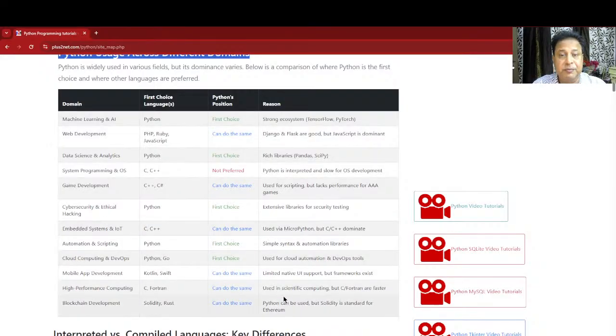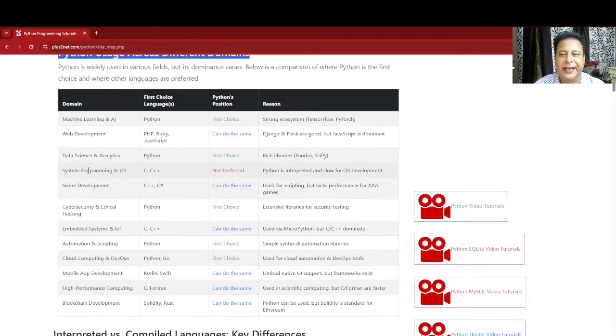There are some areas where you may not agree with me. Then I request you, please write that in the comment section: what is the reason you don't agree with these classifications. So there is graphics. Say I want you to develop a logo. You can do the same thing in Python also. Python can support lines, curves, arcs, and you can fill color and all. But would you like to develop a logo or design graphics using Python? Definitely not. You will jump into Photoshop or use Canva to design.